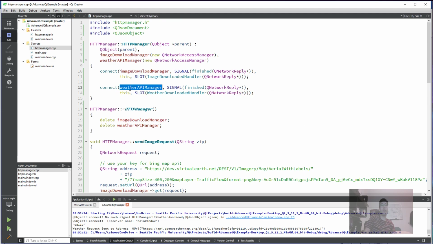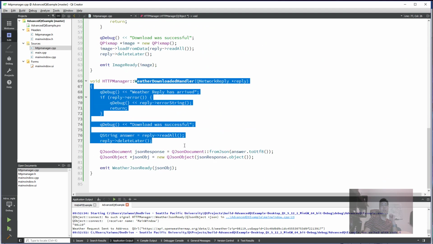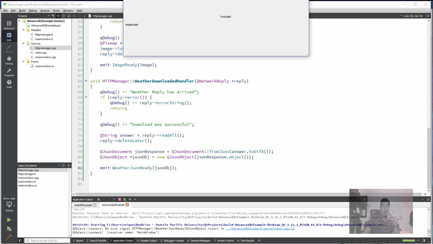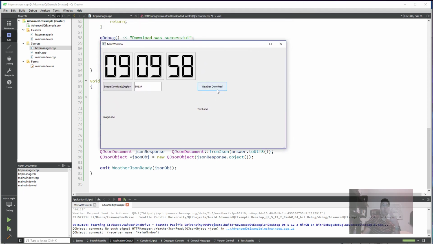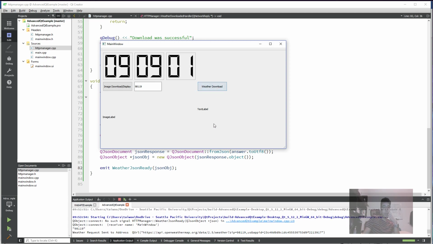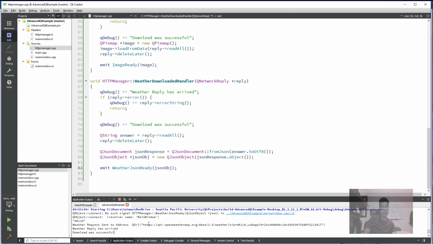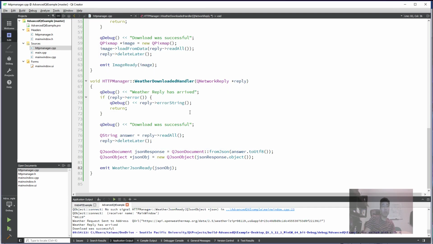So we connect this, and then when the weather API manager finishes the download, it will automatically call the weather download handler. The weather download handler will do the job and then emit weather JSON ready to the main window, and then the main window will handle that, right. So it is just like that. And yeah, it is a good mistake for us to make sure to check everything is ready. Weather download, right. And the reply has arrived and the download was successful, and what's next? Oh yeah, the download was successful, but we don't see the weather JSON ready